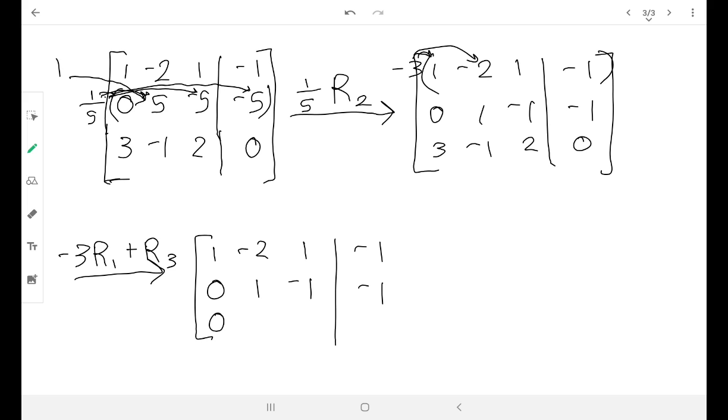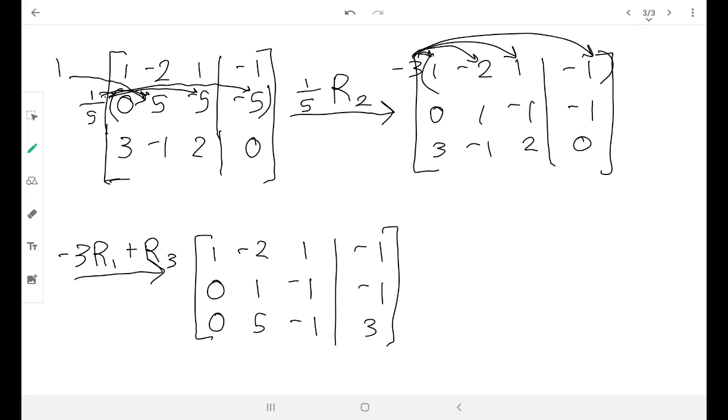And 6 plus -1 is 5. And then -3 times 1 is -3, and -3 plus 2 is -1, and then finally -3 times -1 is +3, and 3 plus 0 is 3. So I have a new matrix again,